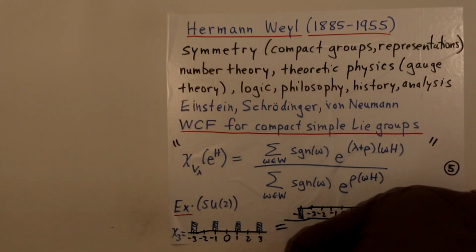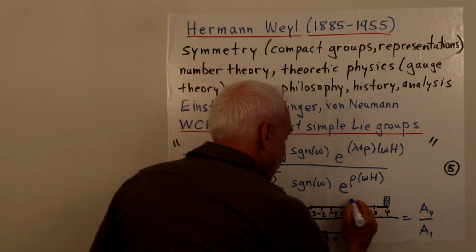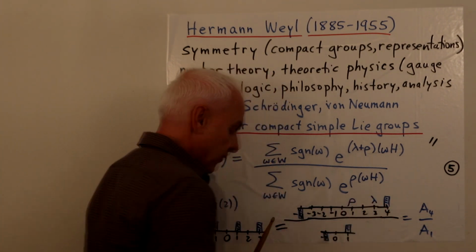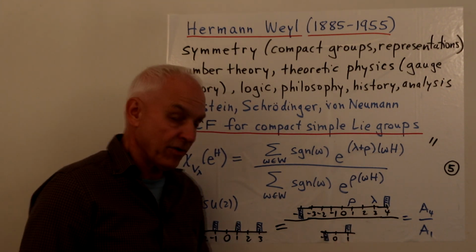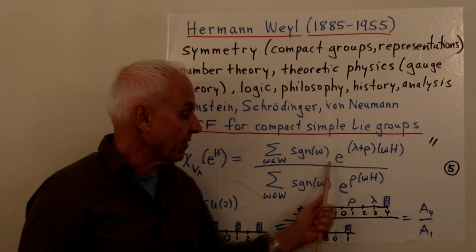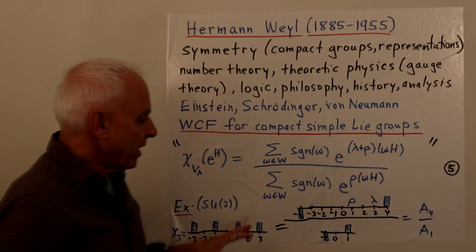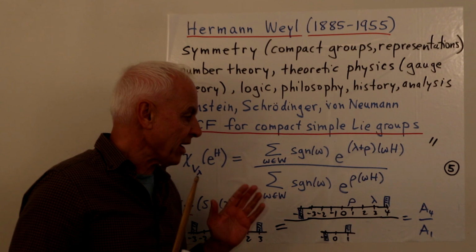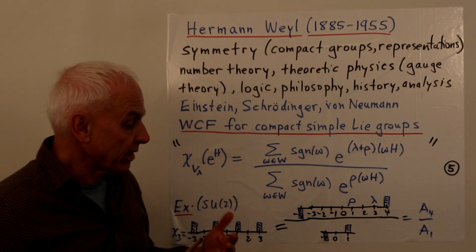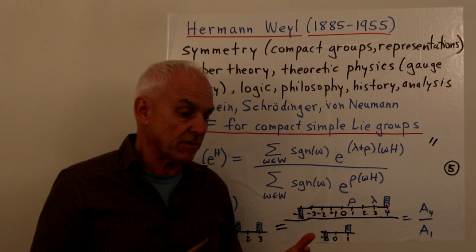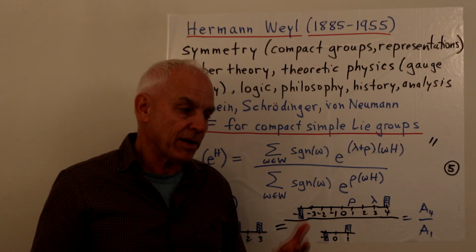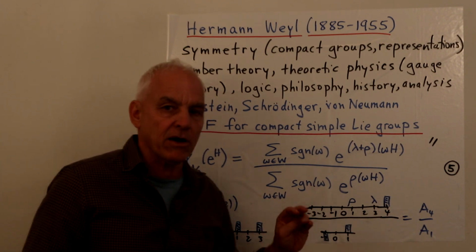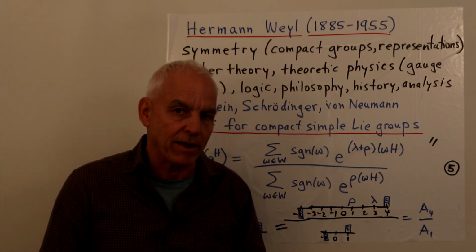So in this story here, rho, you should think of that perhaps as being that point 1 there, and the lambda is 3. And so this 4 here is the rho plus lambda that's appearing here. So this is a very special and very simple baby kind of Weyl character formula, but it's still an important example because many features of the general case are already found here in some simple way.